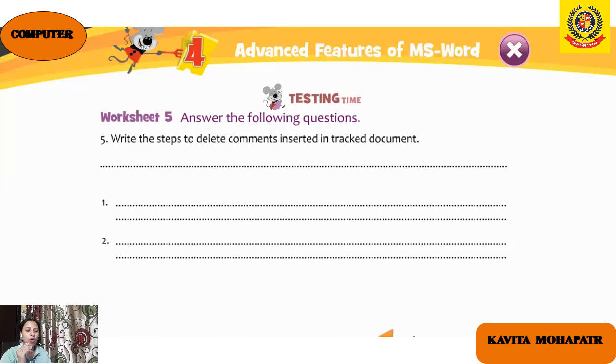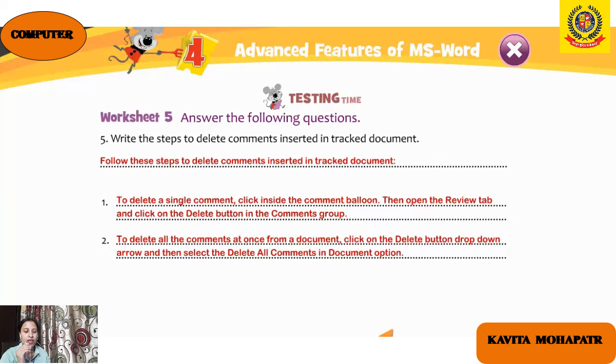To delete all comments at once from a document, click on the Delete button drop down arrow, then select the Delete All Comments in the Document option.